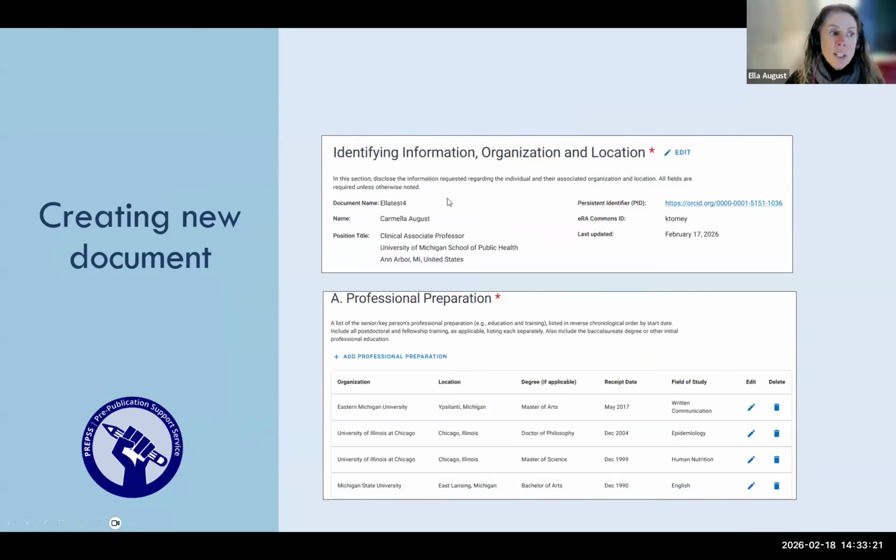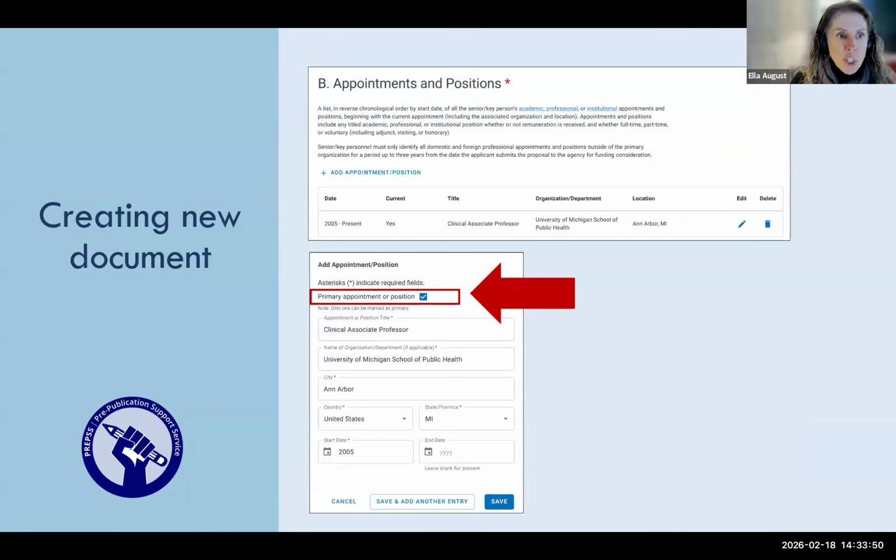So the first section, we already looked at this. We made sure that the ORCID ID was correct, and if it's not, you can do the edit here. Add your professional preparation. These are your degrees, and you can enter them in any order, and it will order them in reverse chronological order, which is what is required. And this is part of what is nice about the Biosketch application, is that it will format things for you. For your appointments and positions, which is the next section,